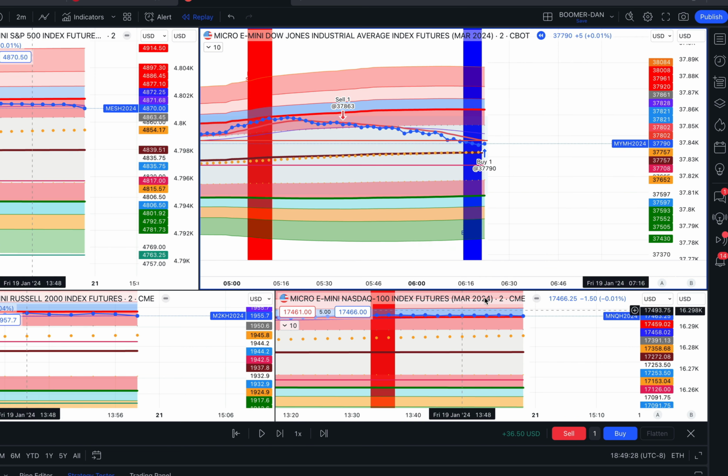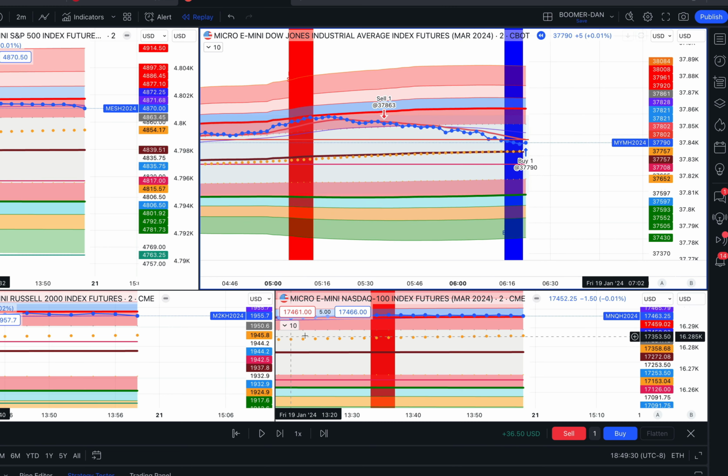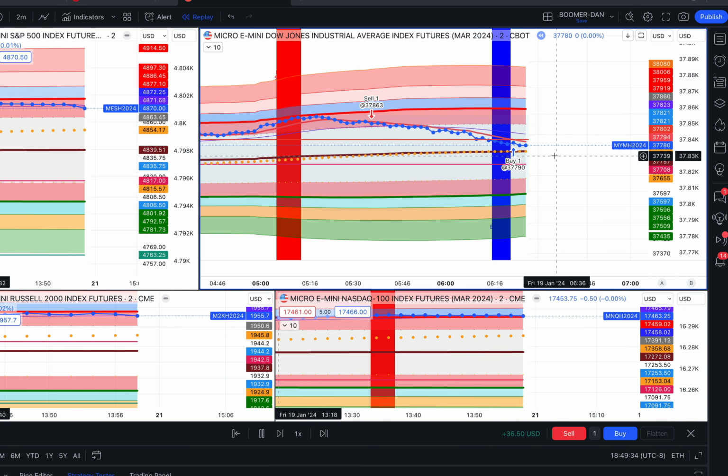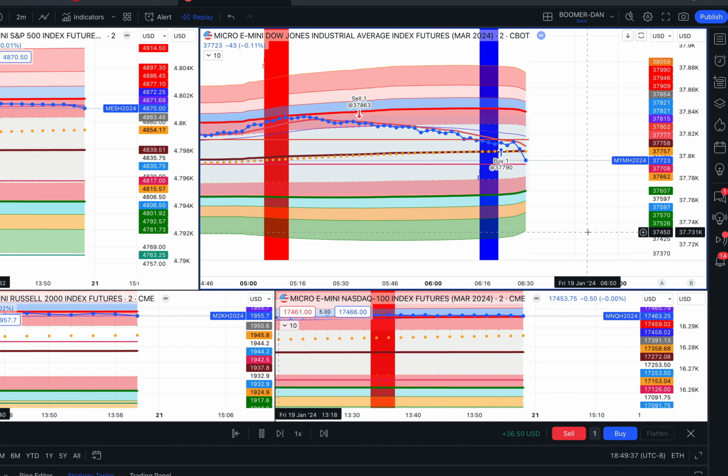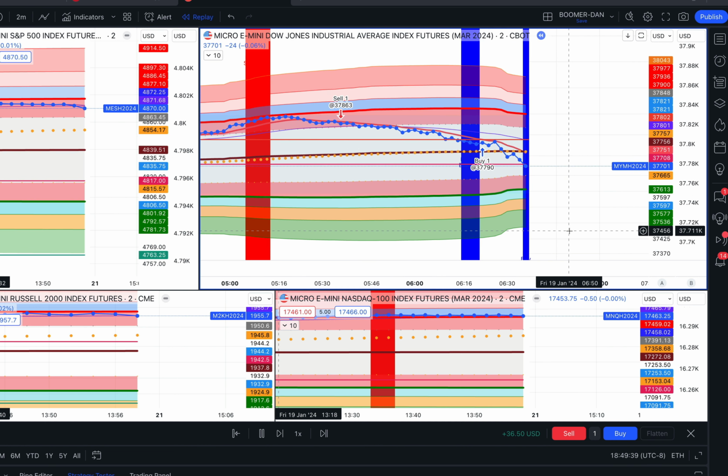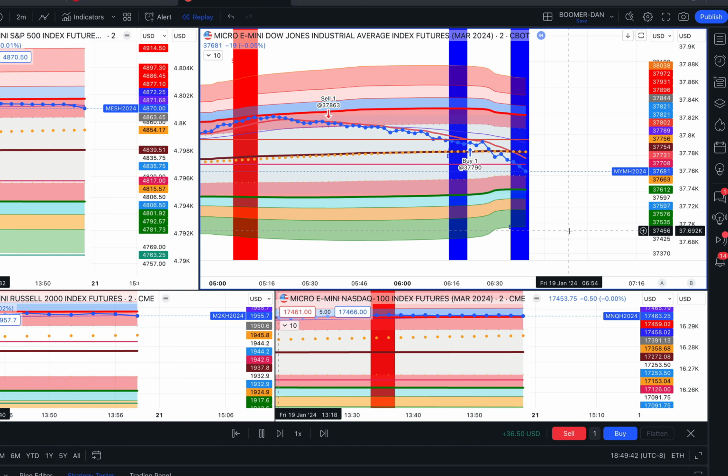I'll do one more just to make sure that it makes sense. So I'm going to hit play again. I hit play, and you can see it ticking again. So we just wait until we hit one of our entry points that are outlined in the rules, which